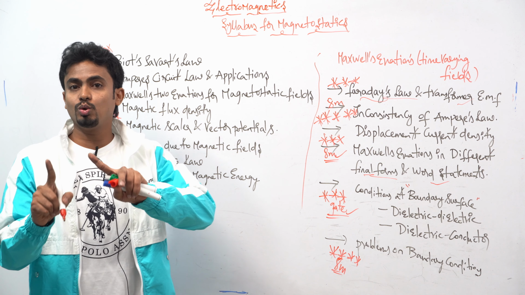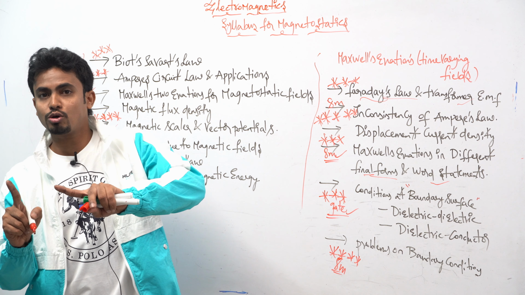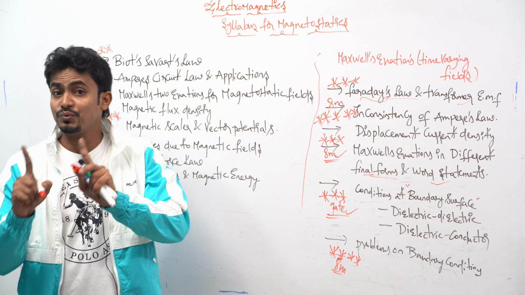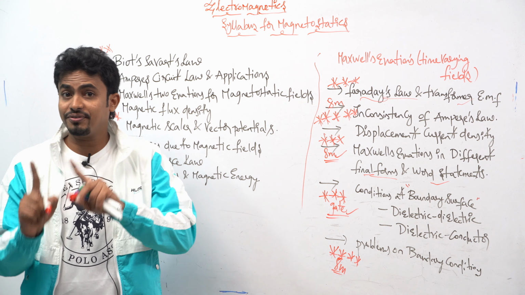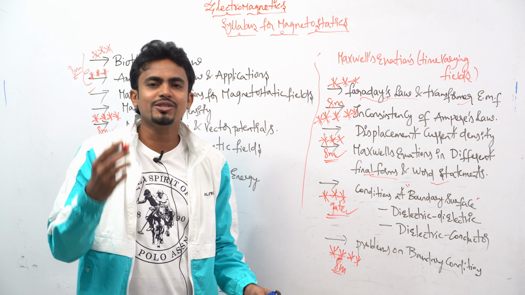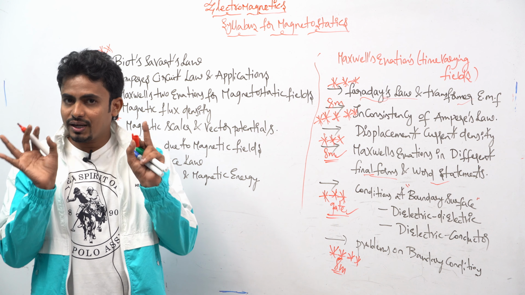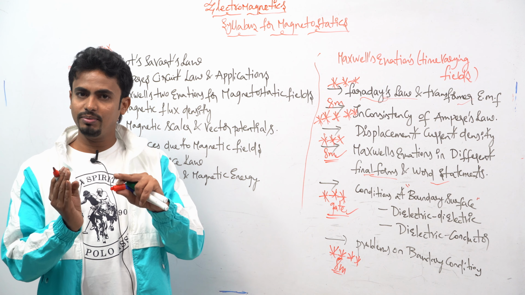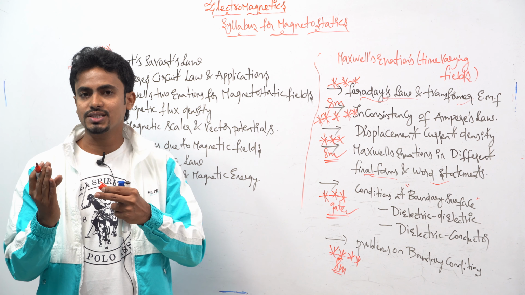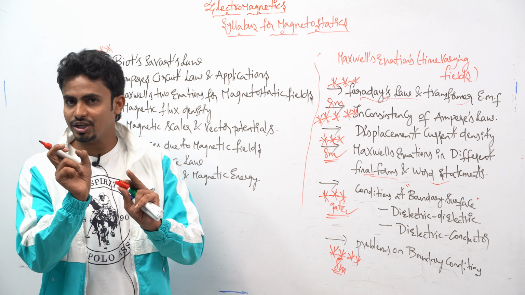What happens from dielectric to dielectric, epsilon R1 to epsilon R2, similarly dielectric to conductor, and conductor to free space. If you don't know, please watch those lectures on boundary conditions; it is around a 1 hour lecture. In a similar way, in magnetostatics we also study boundary conditions. Here we study the dielectric to dielectric boundary surface and the dielectric to conductor boundary surface. For GATE, you have to study the formulas for the normal and tangential components; those results are important.